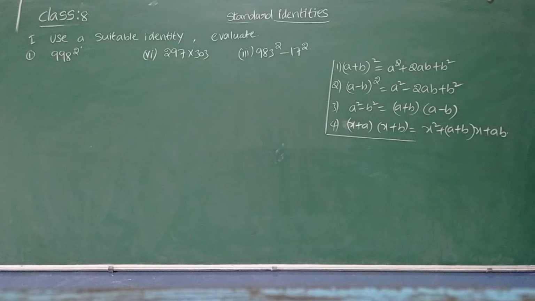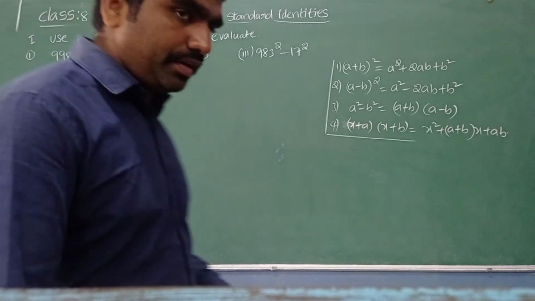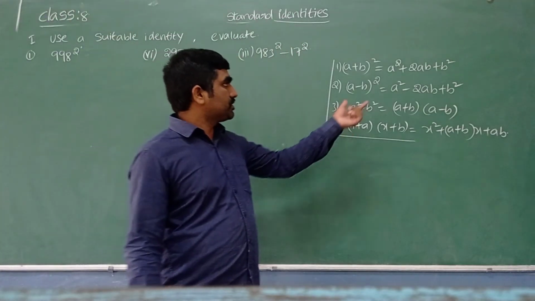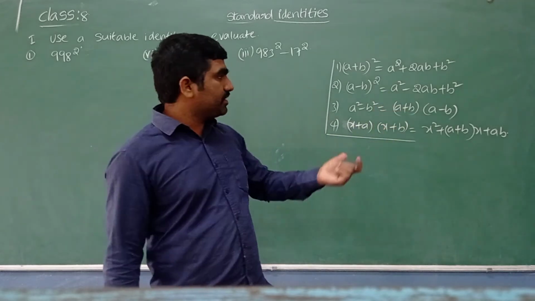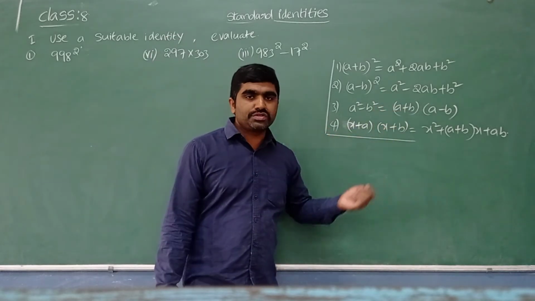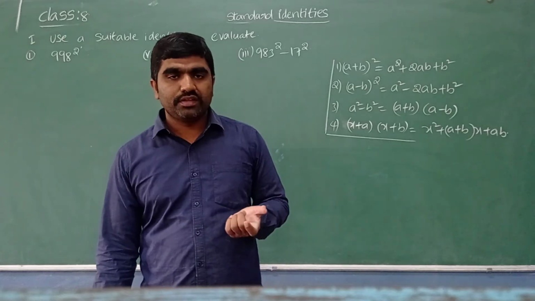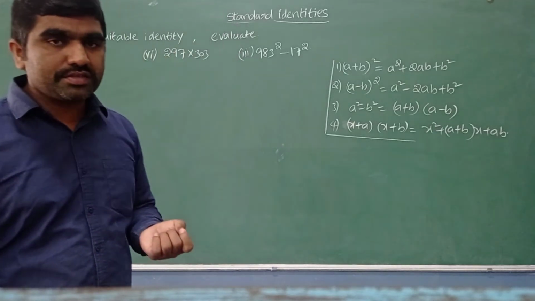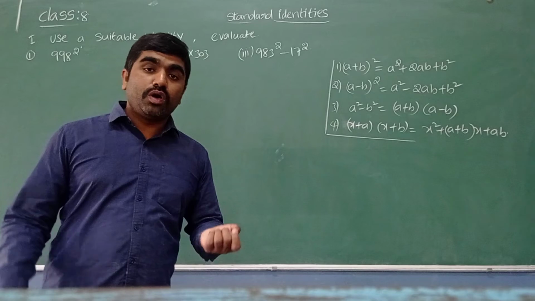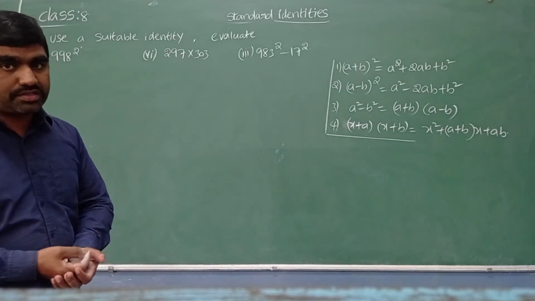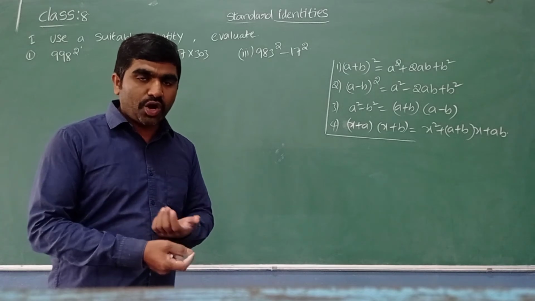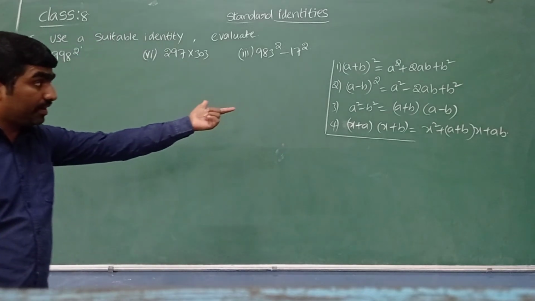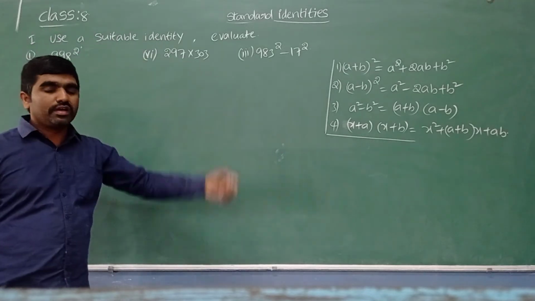Yes, children, we learned just now some algebraic identities. We learned these 4 standard algebraic identities, and I said that these algebraic identities are useful to find the product of algebraic expressions or numerical expressions, or also we can use them to factorize the algebraic expressions. How can we do all these things? How to factorize, how to multiply with the help of identities. Let's see with the help of examples.